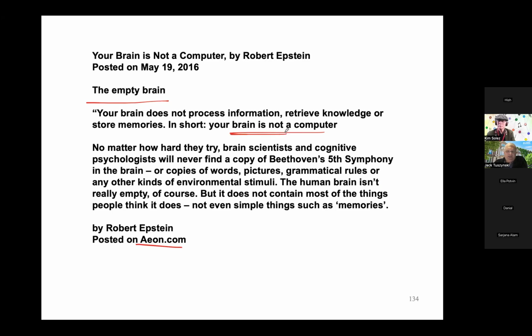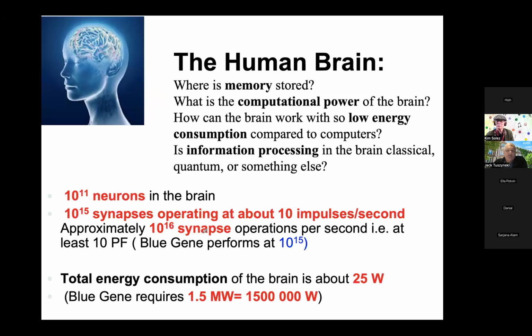Of course, the brain is not a computer, but it does information processing like computers, and maybe better. And it is kind of naive. I wouldn't call it stupidity, but naivete, to try and find a copy of Beethoven's Fifth Symphony in the brain. It's not a storage of symphonies. It's processing and information storage and retrieval, but not like that.